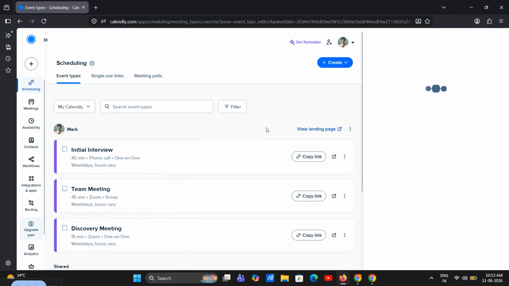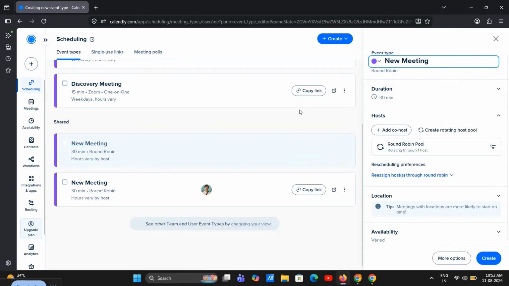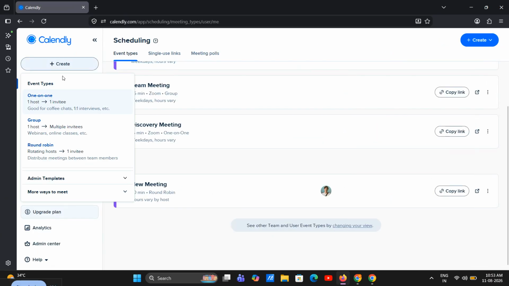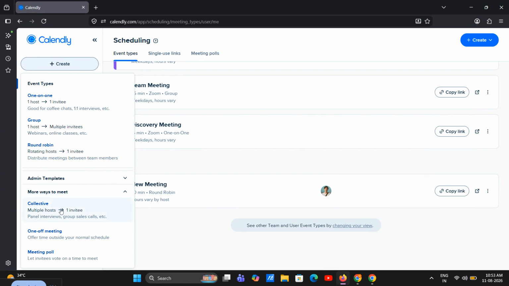your setup. If you need everyone on the team to be available at the same time, choose Collective. This option only shows meeting times when all selected hosts are free together. It works really well for interviews, client presentations, internal collaboration calls, or any meeting where multiple team members need to